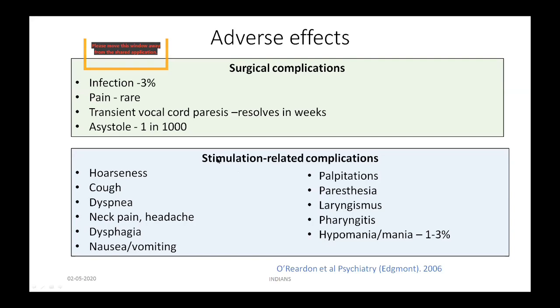These are rare side effects. The more common side effects are stimulation-related. Since you're stimulating the vagus nerve, there are a lot of local side effects like hoarseness of voice, which is the most common side effect, seen in 50 to 70% of patients. Cough, dyspnea, dysphagia, nausea, vomiting, all these things can be seen. Most of these side effects usually decrease with time by themselves, or if you decrease the stimulation parameters. And as in any other antidepressant treatment, hypomania or mania can be seen in a few people, and that decreases on